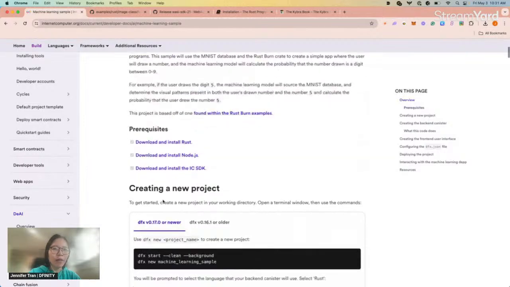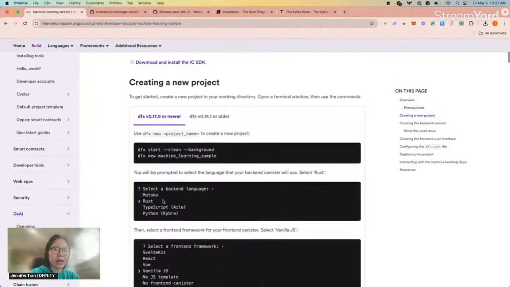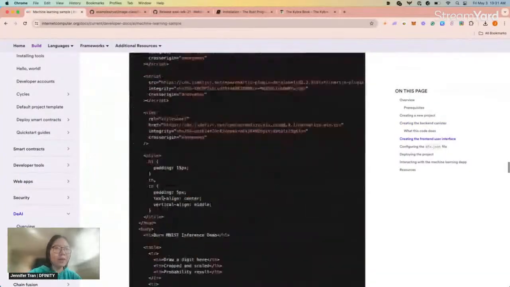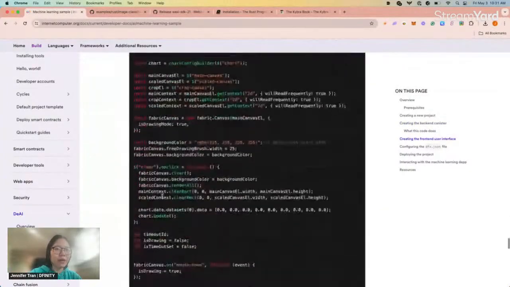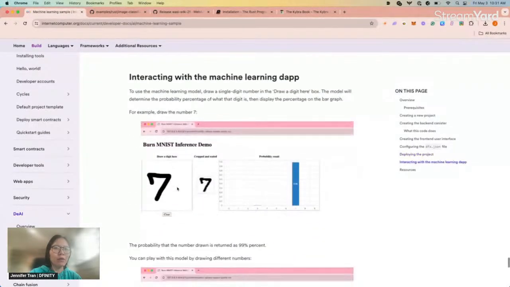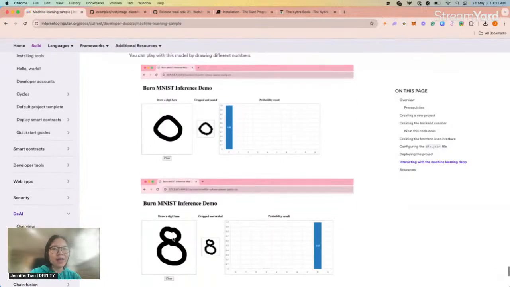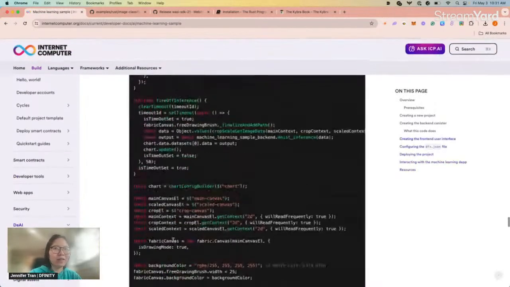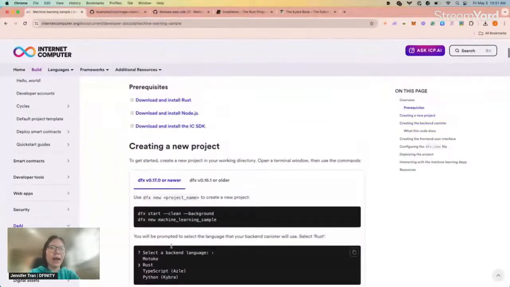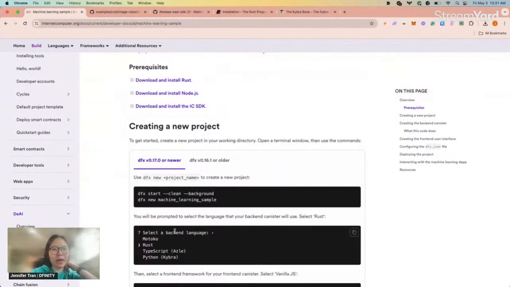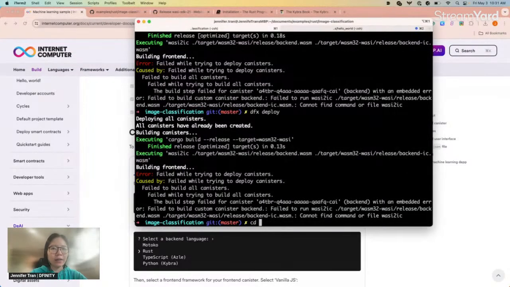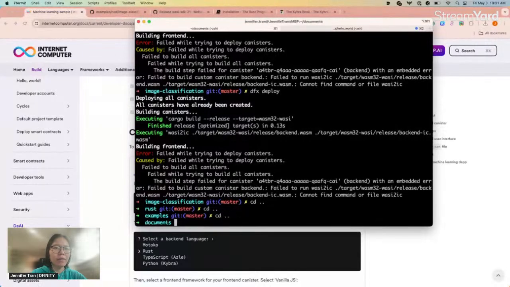So practically what I really like about this example is that at the end, we're able to actually draw a number. I'll show you here. You'll be able to draw this number, and then it will just tell you, okay, well, this is an 8. So let's try that. I think it would also be fun to go through, and there are ways that you can copy and paste code and go through there. So let's just get out of this.